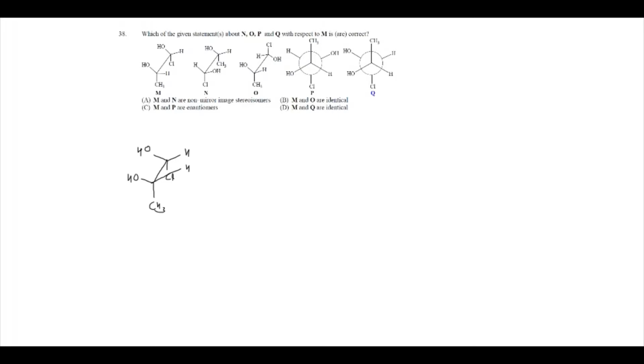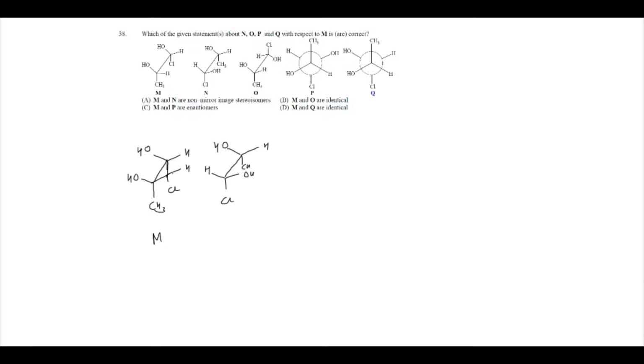We have to make it a little bit long bond so it will be easily visible. Yes. So this one is M, and now let me take the OH as it is drawn here. I am not doing any change. I am just taking it as it is drawn in the question. So H, Cl,